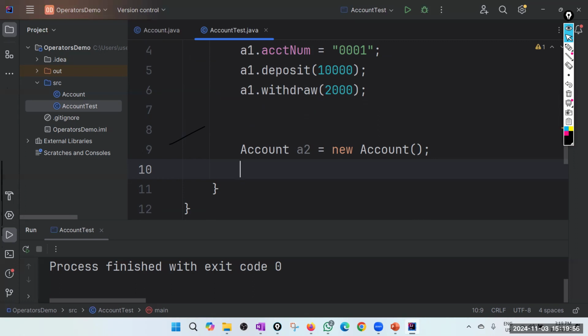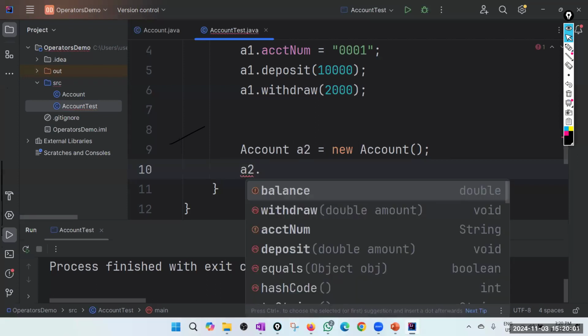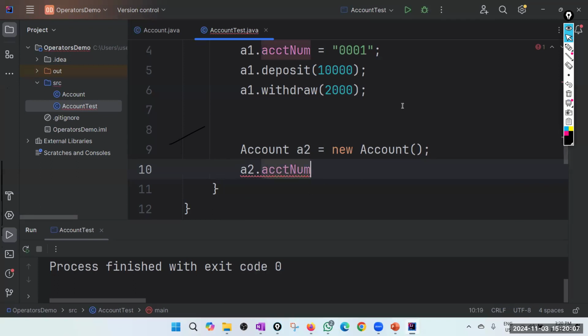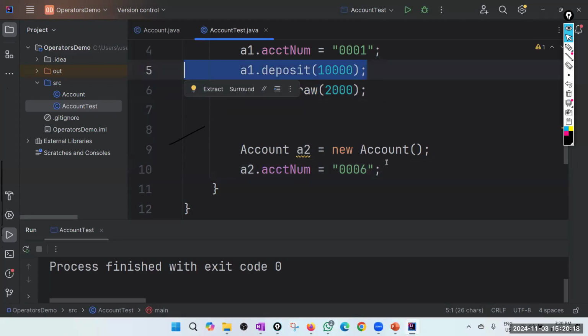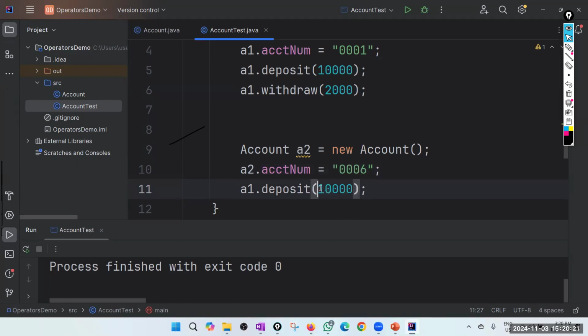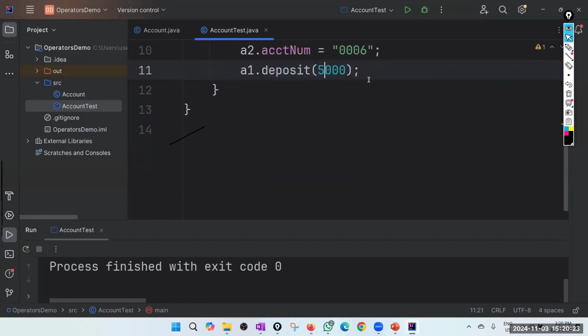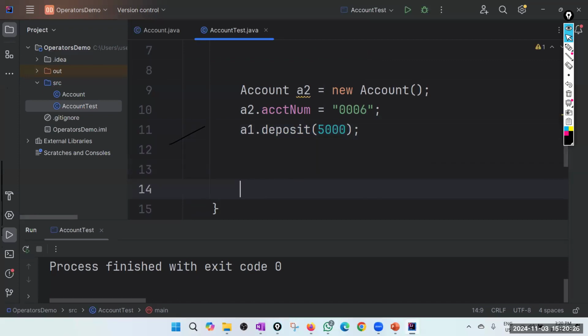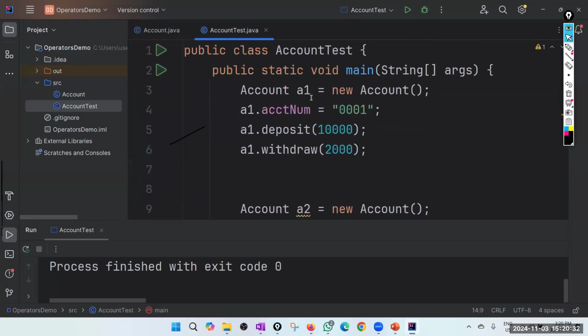Okay, that is why we say those are smart cards. a2 dot account number, let's say it is 0006, and let's assume it's only doing a deposit of 5,000. Now say I want to print. Now, I am not doing this as a practical in the sense this is not how it is practically done. Okay, just to demonstrate what you can do with the objects.